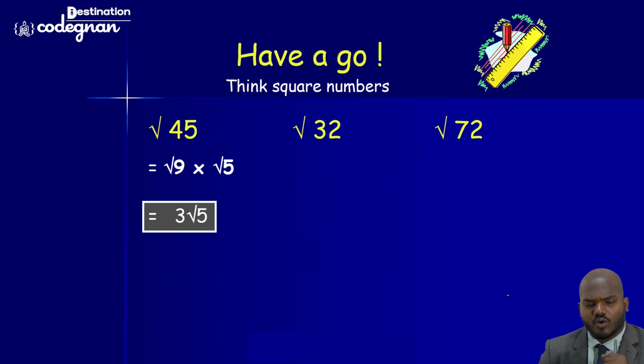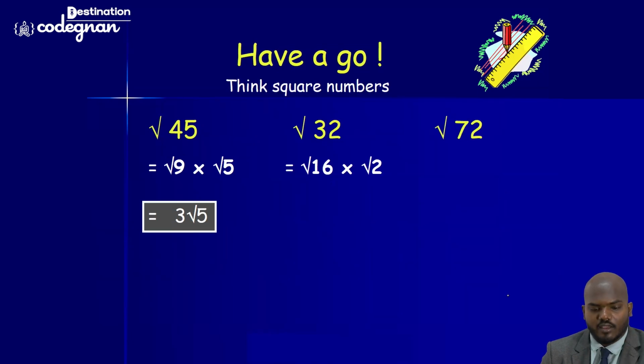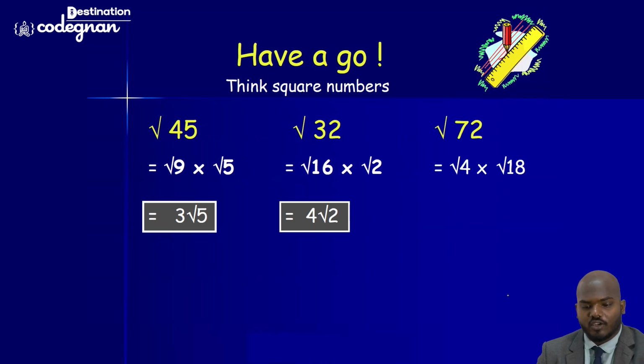And going to the next question, that is root 32. How can we break it down? We can break down like 8 times 4 and 4 times 8. And in a different way we can break down here, that is 16 times 2. We can make it here, that is 16, we can call it 4 square. Okay, we can call it 4 times root 2. And going forward, that is 72 here in the place. 72, we can write it as 8 times 9, or 18 times 4, or 9 times 8.